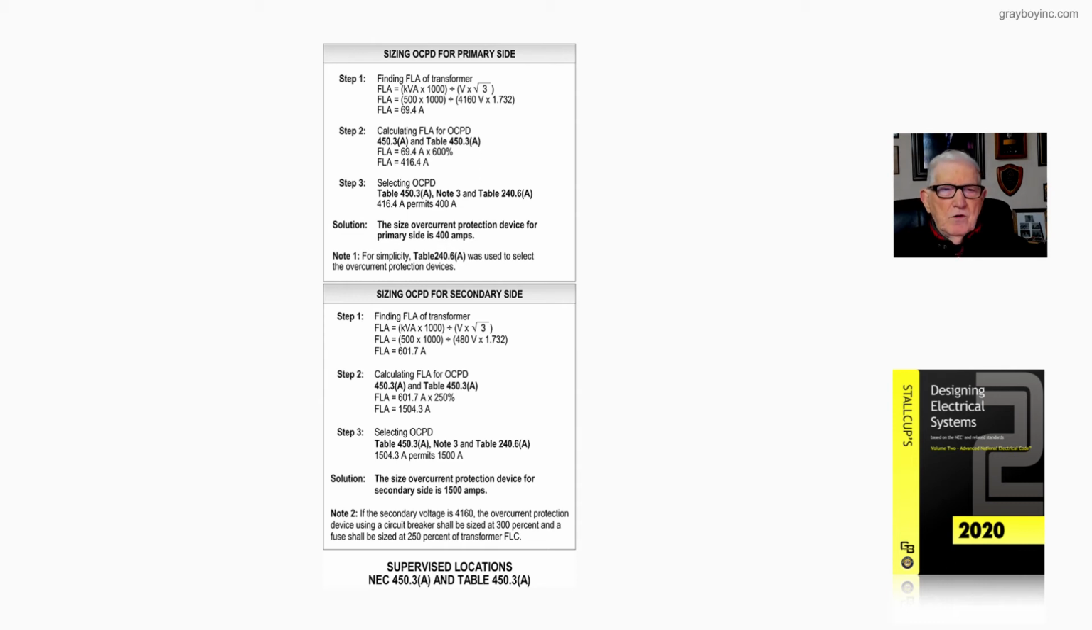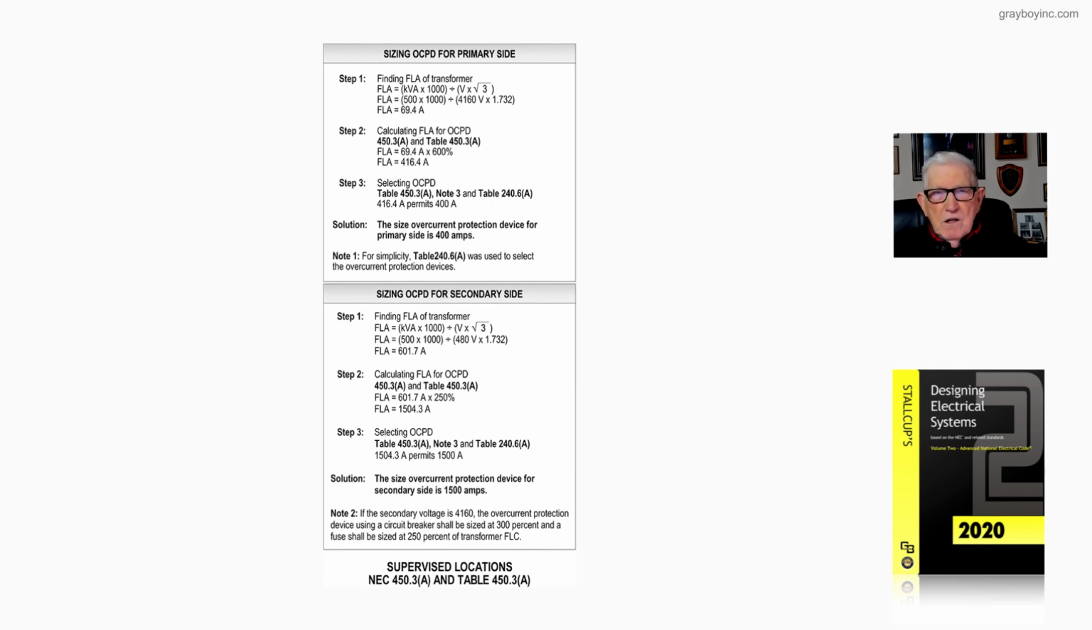250%, and 250% of 601.7 will produce, say, 1,504.3 amps. Now, again, Note 3 to Table 450.3(A) does not allow a round up, so we round down to 1,500. But now notice, in the non-supervised location, for the secondary, it'd be 125%. But in a supervised location where proper maintenance is performed on the transformers, then we could use the 250%, but